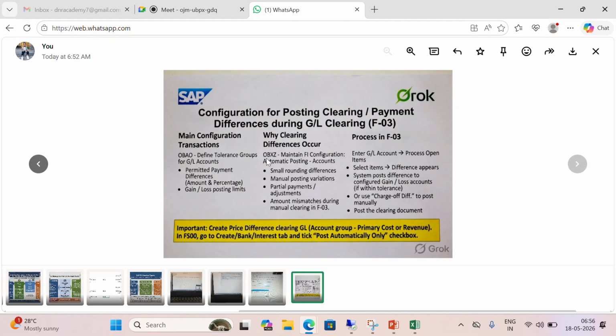If you maintain in OBXZ, do we need to use this charge of difference manually? No, it's not needed. The GL account will be picked automatically, and it will do the posting and clearing. If you haven't maintained GL account here, or if you want to use manually, use this charge of difference in F-03 or in F-07. You can use anything. Okay,